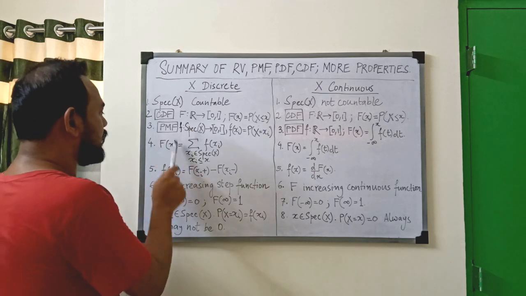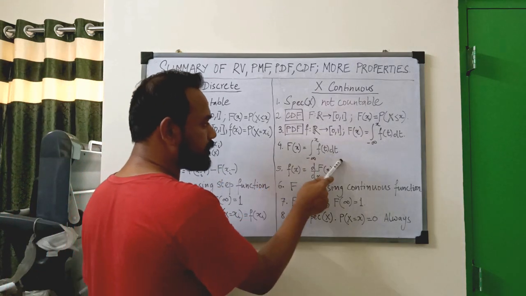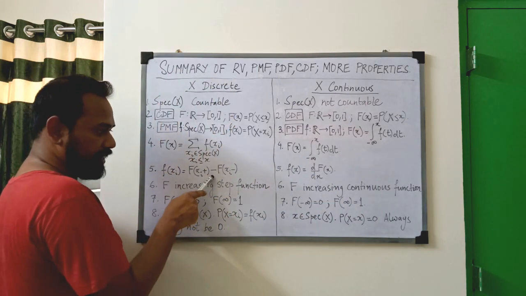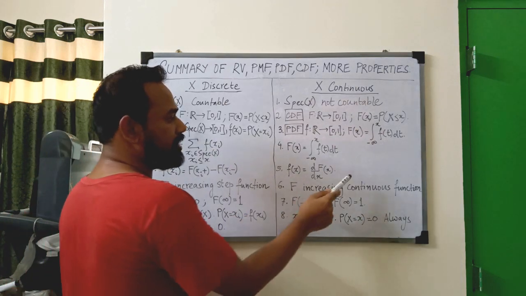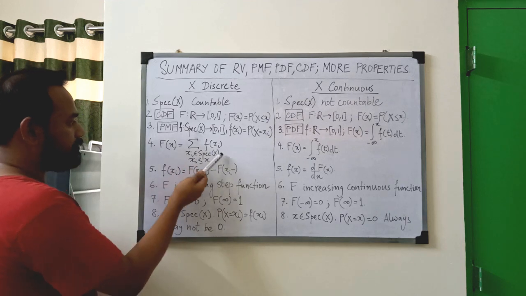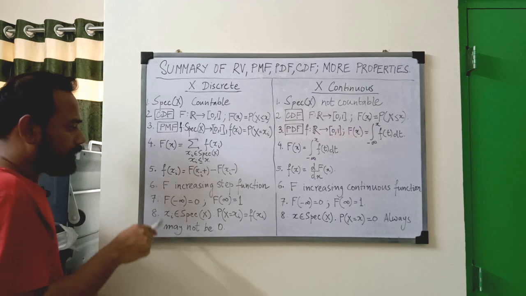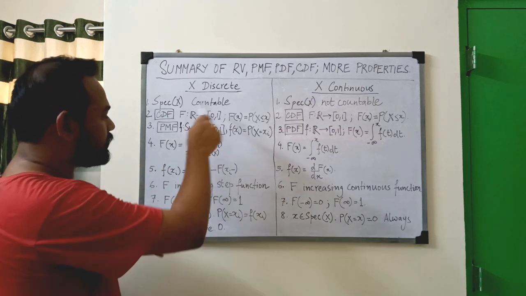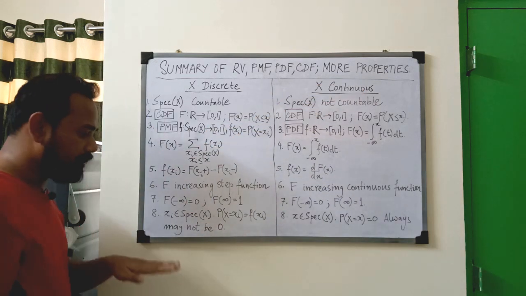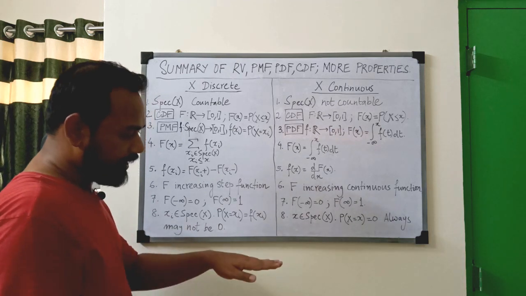Then this was capital F, the CDF expressed in terms of PMF and the CDF expressed in terms of PDF. Well, you can express PMF in terms of CDF and similarly PDF in terms of CDF. So the roles are reversed here. We found last time that the CDF in this case was an increasing step function. If you remember the graph that we had drawn last time, it would go in a straight line along,